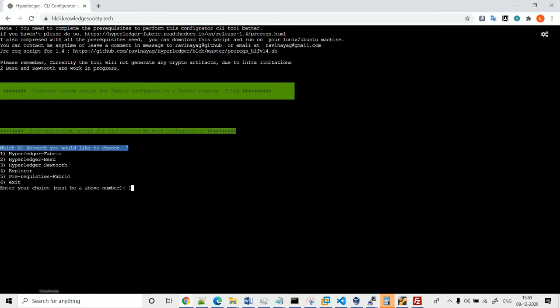Hello friends, today we are going to see Hyperledger Fabric on a single host using the config generator tool. How we can deploy it from scratch, that means from a fresh installation of Ubuntu server, with the prerequisites. We'll see how the script is going to help us deploy from the fresh installation